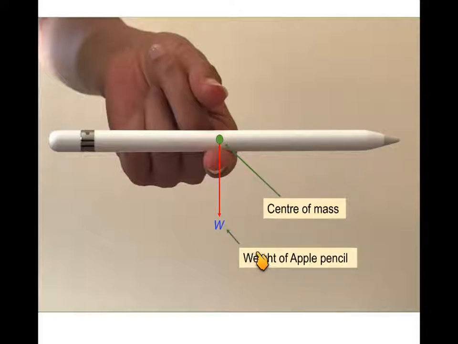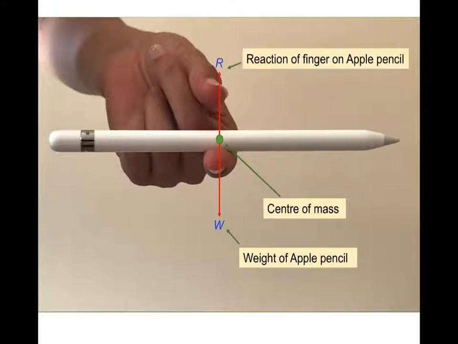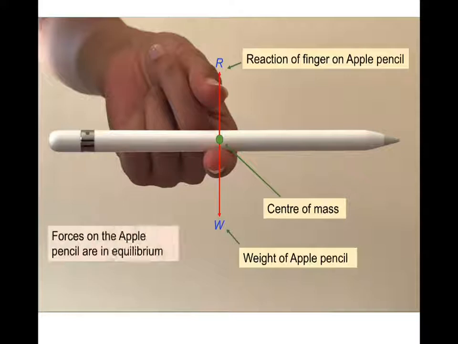against Zara's finger, the weight of the Apple Pencil. So that's acting, and then to that, because of Newton's third law, there will be a reaction of the finger on the Apple Pencil. And then what happens if the forces in this situation, the Apple Pencil is in equilibrium, i.e. the Apple Pencil is balanced, and then what happens if